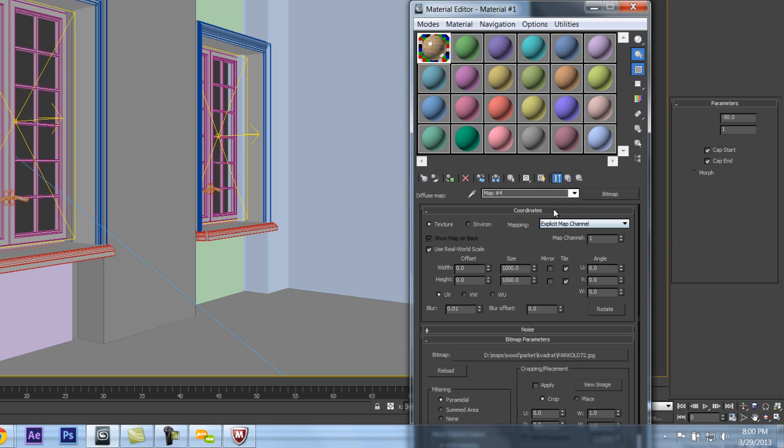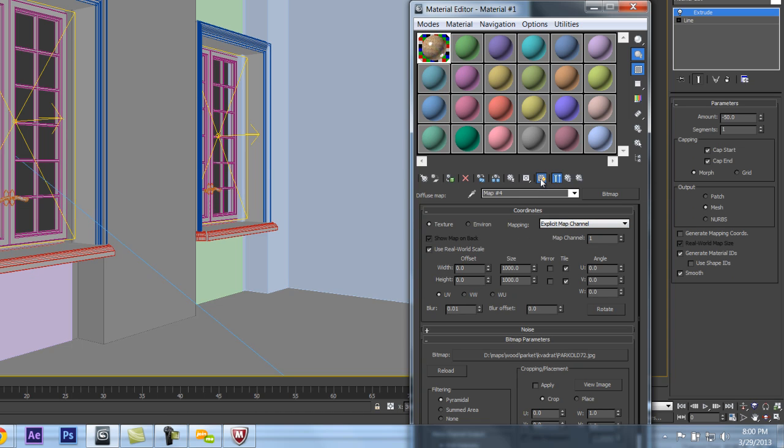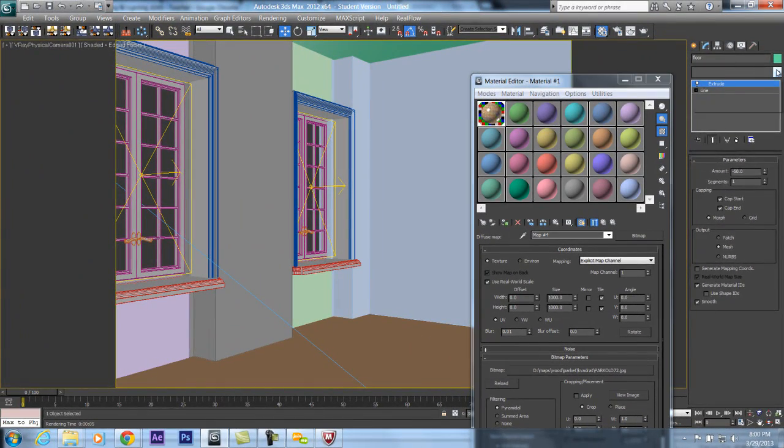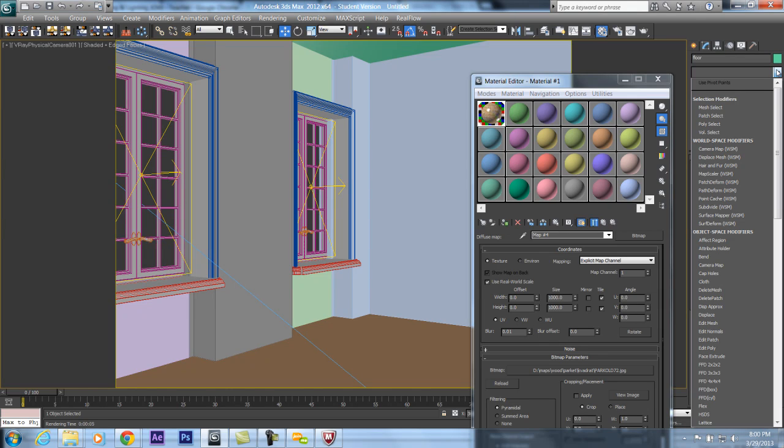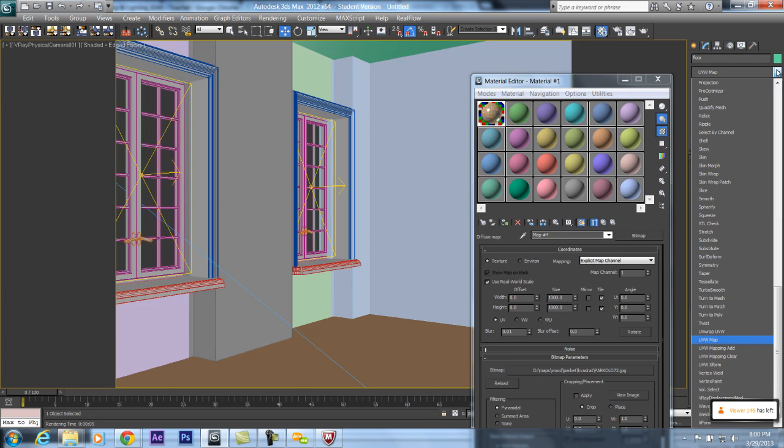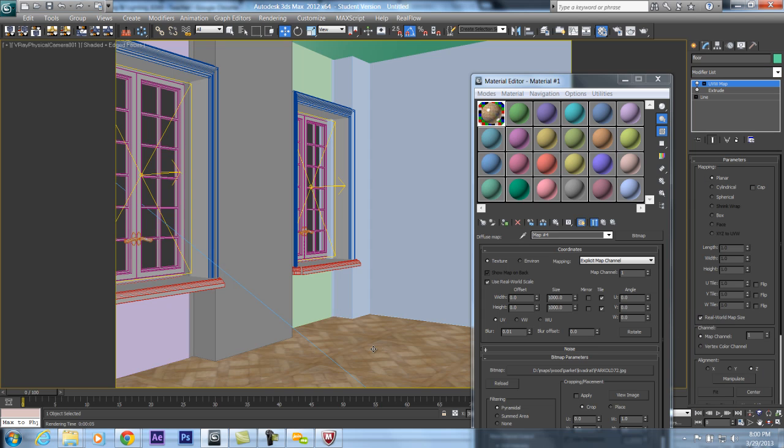I'm going to go inside the texture and I'm going to press this button here in order to display. However, in order to see proper distribution of this texture, I need to add UVW. This is what I'm going to do next. I'm going to press U and find here UVW mapping, and by adding this, voila, my floor gets really nice and proper